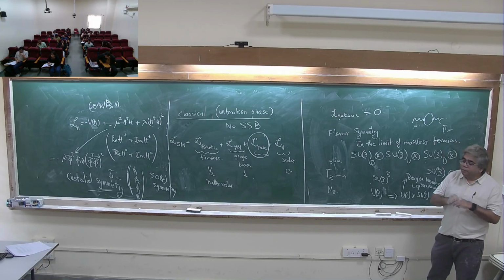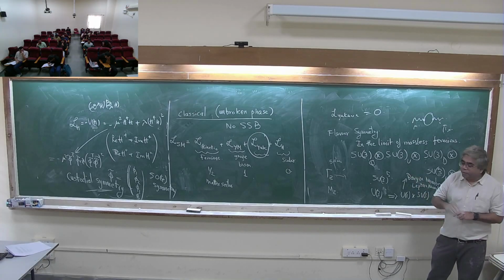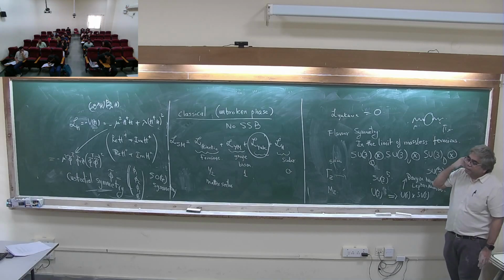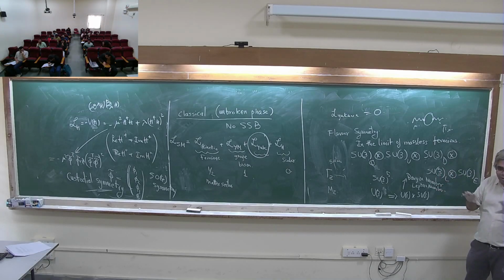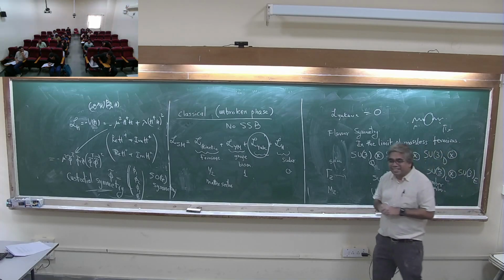So any new construction should not break any of the symmetries which I mentioned. All these symmetries are essentially just an organizing principle. You have all these symmetries of the Standard Model, and they are also protecting the Standard Model very strongly. So if you want to tamper with it, you have to tamper with it very carefully.